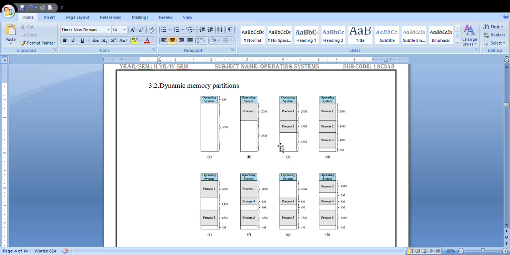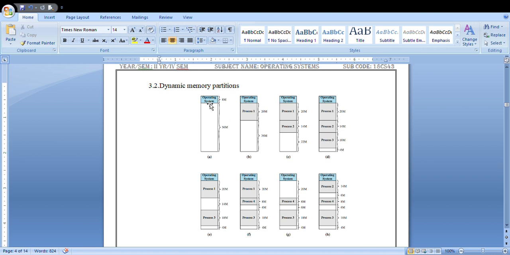Each and every process or each and every partition does not have the same memory size. That is your variable memory partition along with a contiguous manner. So what happens here, you can see this.